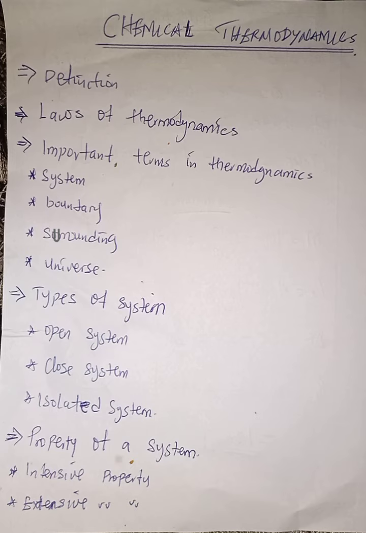The first law of thermodynamics speaks on the internal energy of a system, and it follows the law of conservation of energy, that energy can neither be created nor destroyed. We can transform it from one form to another. So it deals with the internal energy of a system, while the second law tells us that the entropy of an isolated system always increases, and also talks about the irreversibility of natural processes,